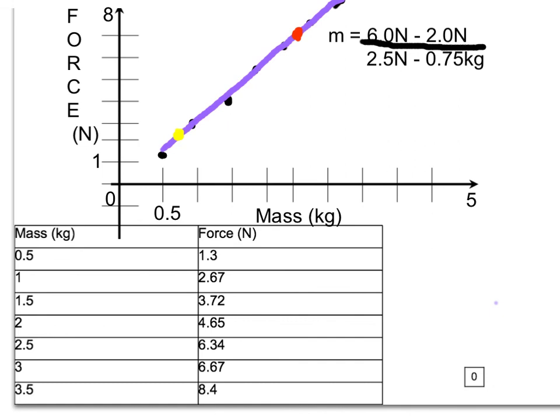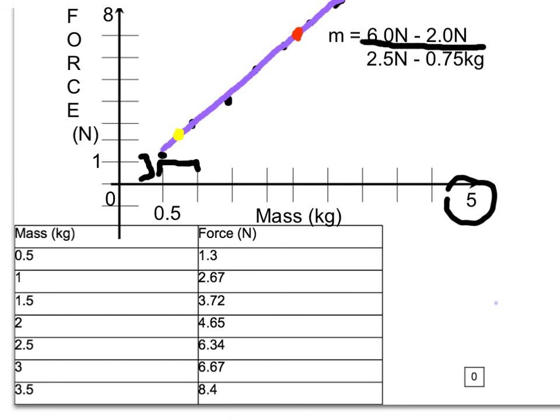Alright, so here's my graph, and I'm going to walk you through what I did. So first, in scaling my axes, I noticed that my mass only went to about 3.5, and so I made each of these dashes along the bottom half a kilogram, okay, which put my maximum at 5 kilograms. My force, however, went almost to 9, so I made each of my dashes on the vertical, the y column, 1 Newton. Even though you don't know what a Newton is yet, it is a unit. Right? Then I plotted my data points, boom, boom, boom, boom, boom, drew the purple best fit line,